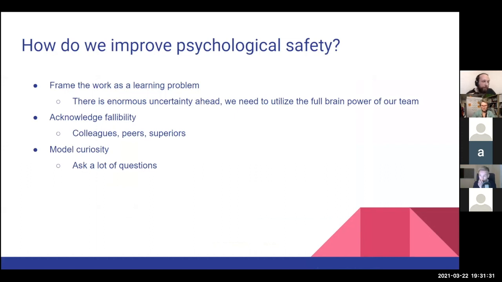So the first point that Edmondson makes is that framing the work as a learning problem is a big factor of how to achieve high psychological safety. And she says that there's an enormous uncertainty ahead, and we need to utilize the full brain power of our team. That's sort of the goal that she has in mind. And I think this is true even more so for the world of Agile teams. If the primary case for Scrum and why it was made was that we wanted to have a framework for an exploratory approach where we don't necessarily know all the steps to creating value,